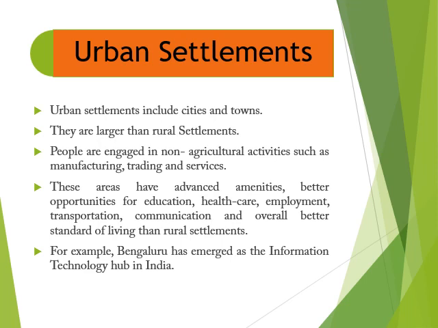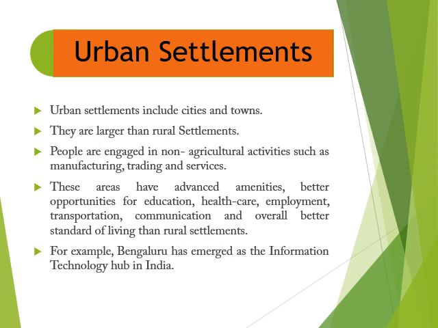Urban settlements include cities and towns. I have said that urban means शहरी क्षेत्र। They are larger than rural settlements। ये ग्रामीण क्षेत्रों से थोड़ा बड़ा होता है। People are engaged in non-agricultural activities such as manufacturing, trading and services। तो यहाँ के लोग ज़्यादातर नौकरी पेशा में व्यस्त रहते हैं, व्यापार से संबंधित या फिर उद्योग से संबंधित, या फिर अपनी डेली नौकरियों में व्यस्त रहते हैं।